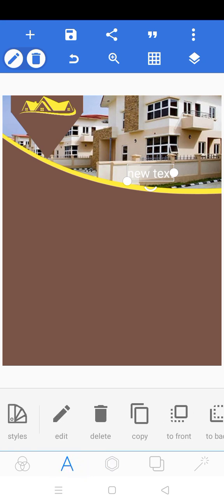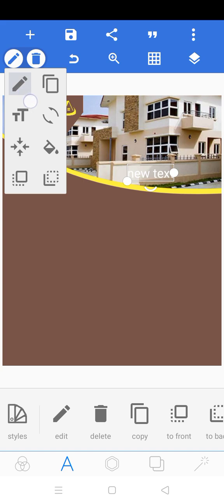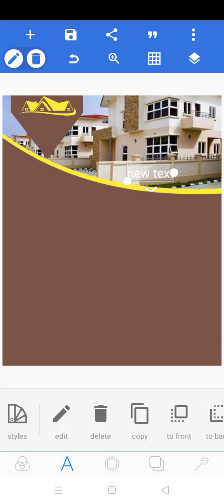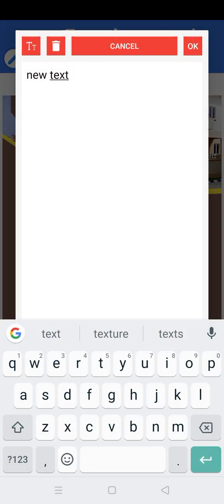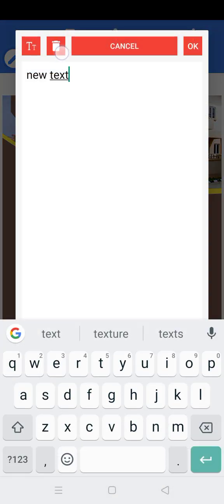This place they wrote my A, so I can click on this edit to edit my text, or I can click on this pencil here near this delete. I'll click on this pencil, then click another pencil again, that is to edit it. Then I'll click on it, you can edit it. Or I can also double click this text. For laptop users, you also double click. I'll double click it, it will open. Then this is to delete everything you typed. I'll delete it. Then type